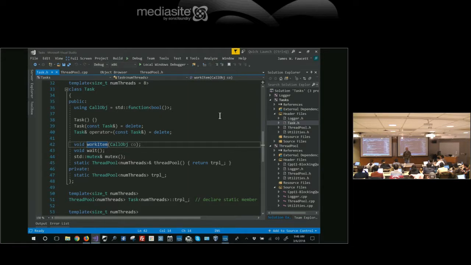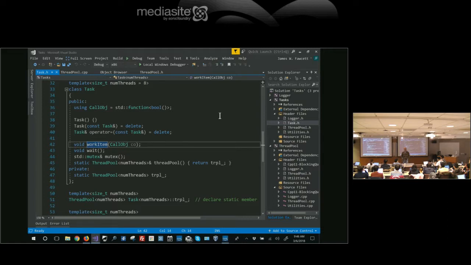Maybe I want to generate 1,000 tasks. If each task had its own thread pool, I've just generated 1,000 thread pools. I don't do that. My whole reason for using tasks and thread pools is to run stuff asynchronously without spinning up a whole bunch of threads.